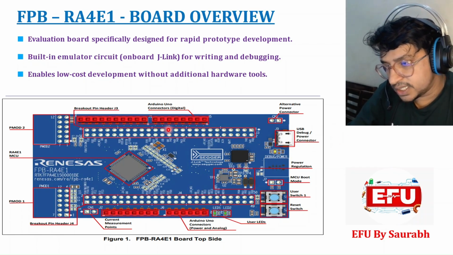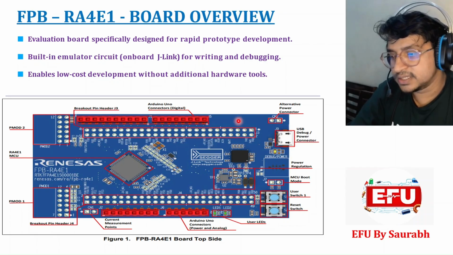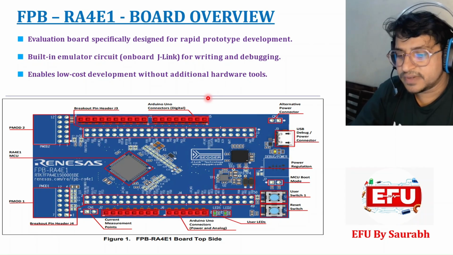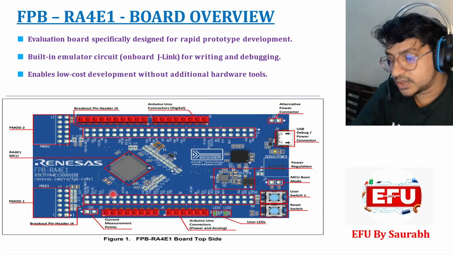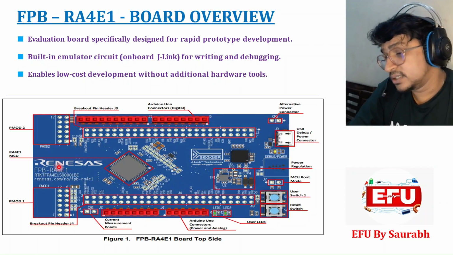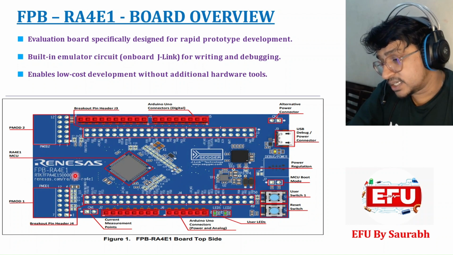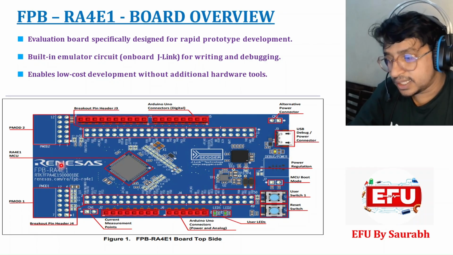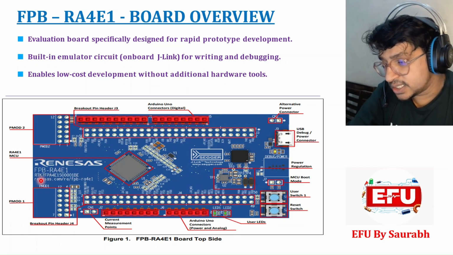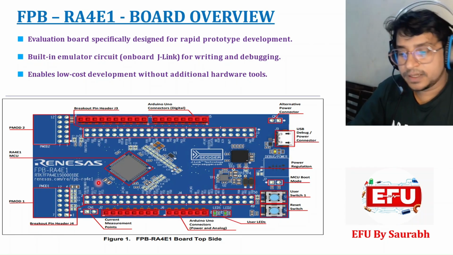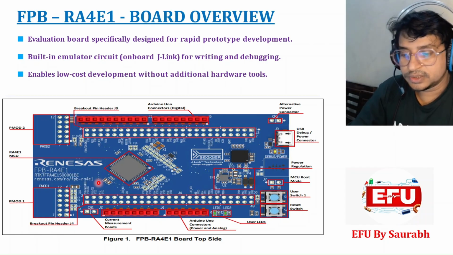There is also an Arduino-like GPIO extender, so you can connect your sensor device or whatever you want to connect here. It will be easy for beginners to start. Here you can see the board name is FPB RA4E1. As I told you, any board can be supported, and you can go to Renesas and download the documents, user manual and so on, whatever is available. Ready-made code is also available. I'll show these things in the coming days.